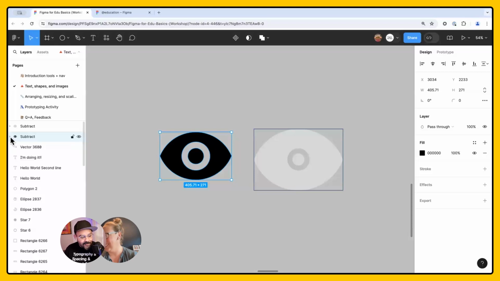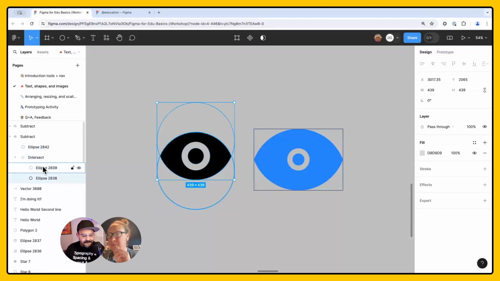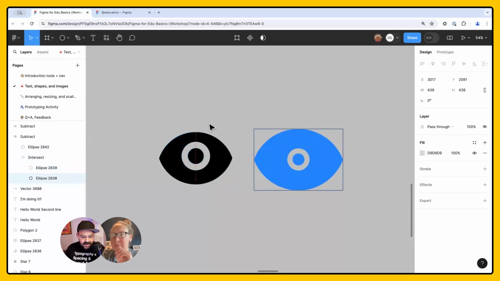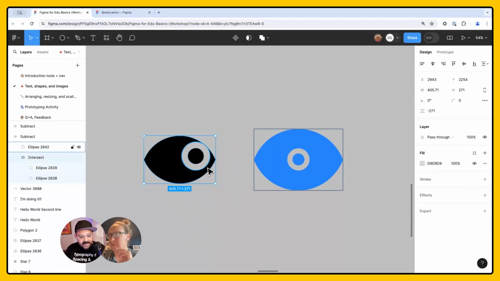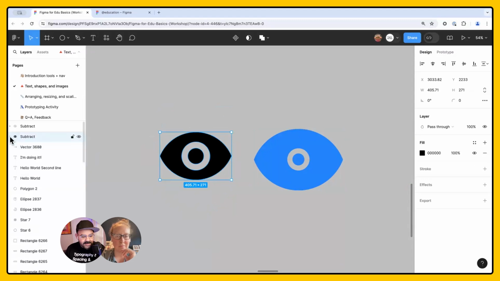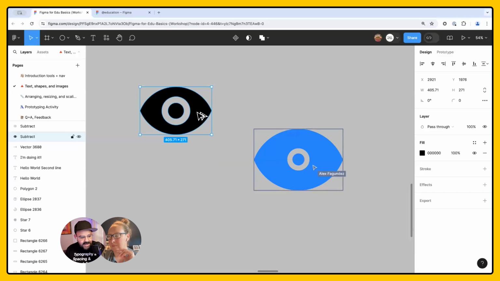Now if you look over in the layers panel, you can actually see the construction of it. Even the foundational ellipses are still there. If I look in the layers panel, I could still make a movement or an adjustment on that shape because it retains them all. Both the intersect and the subtract are still always being applied to make this new icon. When I collapse that, we have this nice little shape, and then I can make copies of these.